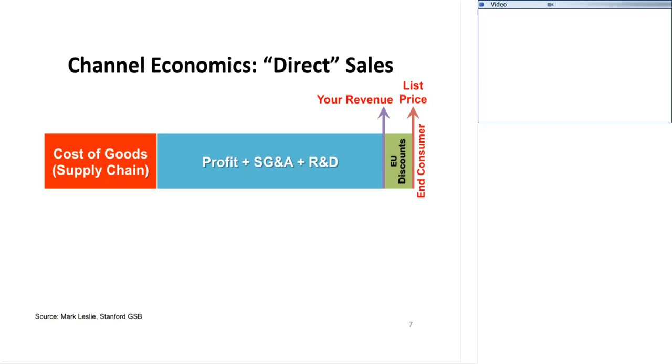Now, with many, many products, of course, you have to give a discount to the customer. And certainly if someone buys a lot of your product, buys in bulk, you are going to potentially want to give them a bigger discount. So usually your list price is discounted. And of course, when you do a discount, you don't get that money. The customer gets to keep it. So that goes off of this bar, which is basically the total amount of money that is available to spread around your company. So you take some out for the discount, and then if you look over on the left,